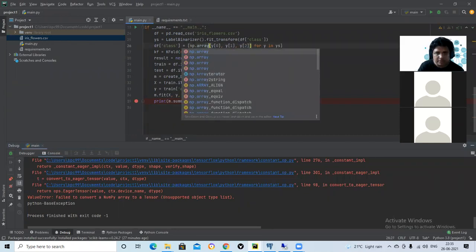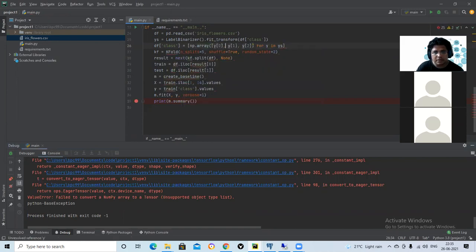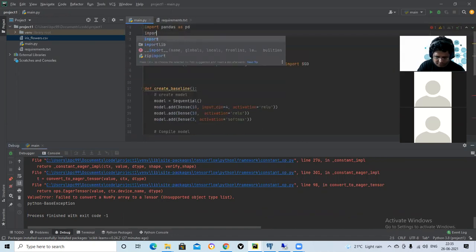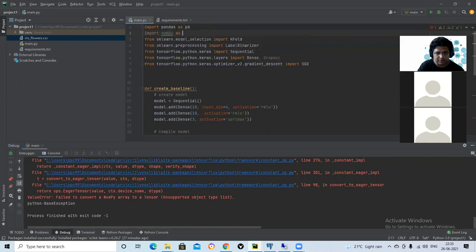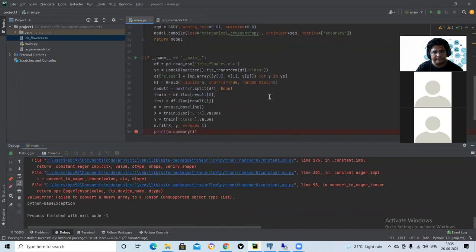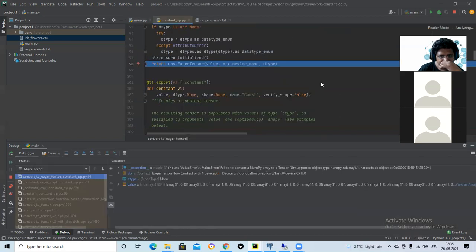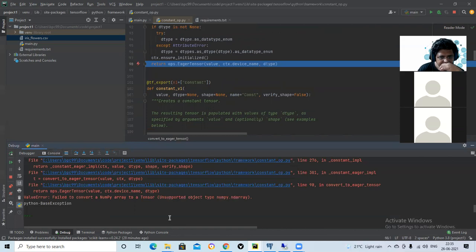NP. Same problem. Fail to convert NumPy array to a tensor. Unsupported object type NumPy ndarray.